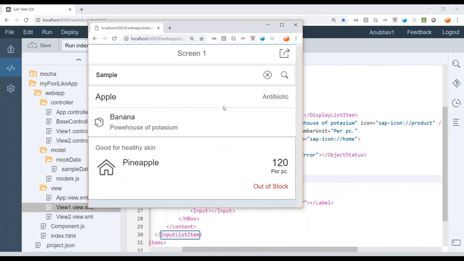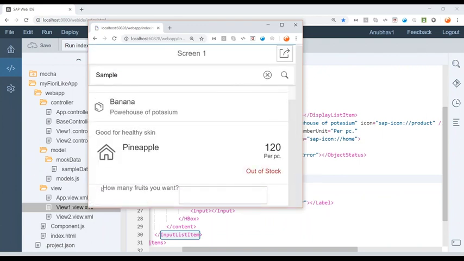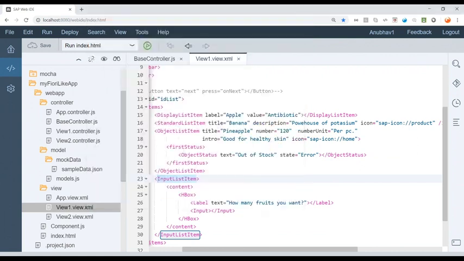Save this up. Let's come back, refresh, and downstairs you can see how many fruits do you want, and now you can enter I want 20 fruits, something of that sort you can enter. So it's an input list item, mainly used when you want to take input from the user in the form of a list control. You can always use input list item. Moving to the next one,